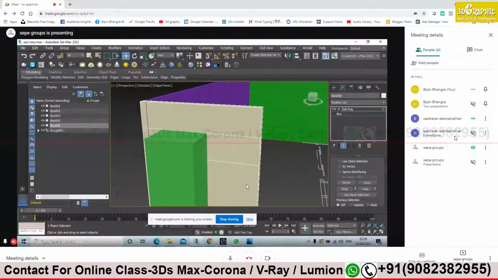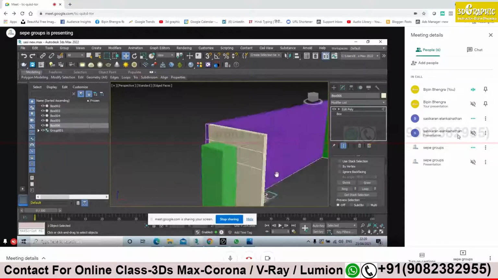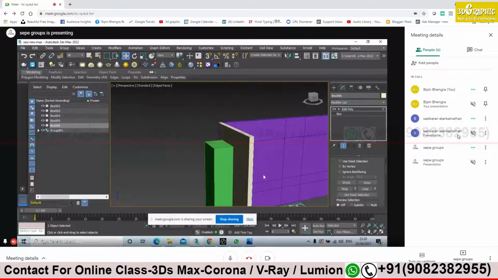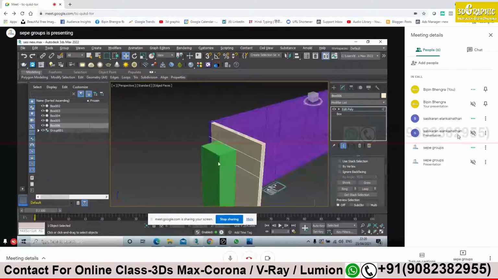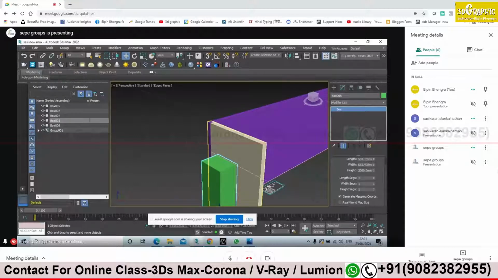So next, glass. Sasikan, just turn the viewport. No, let me see. I think turn the viewport a bit. See, your edges are not proper. Why is it going downward at the corner side of the wall? It is going downward now. Why is it happening like that? Try to do it once again. Try to create it once again. No, it should be straight.